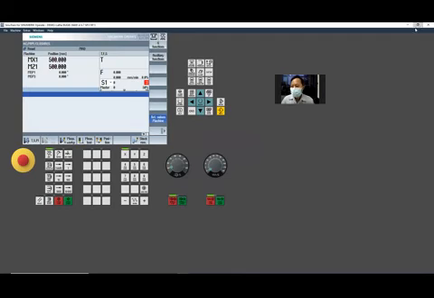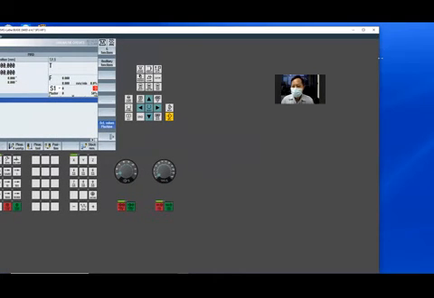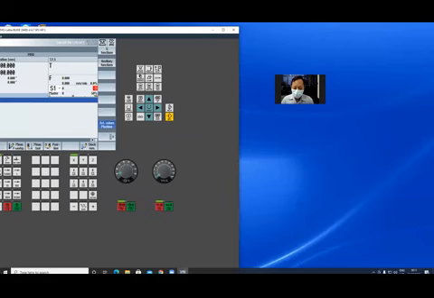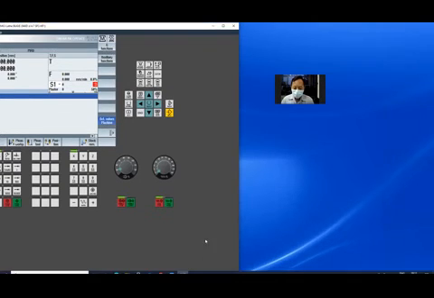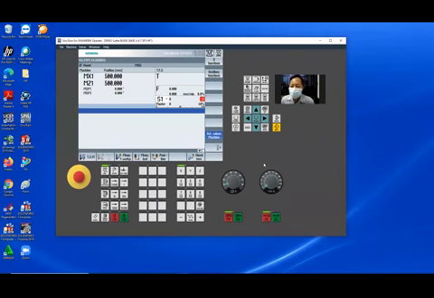You can minimize or you can drag. Same with turning, same with milling.